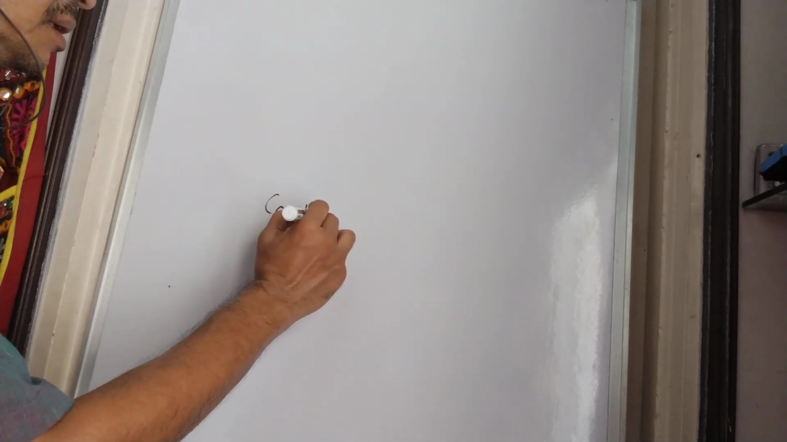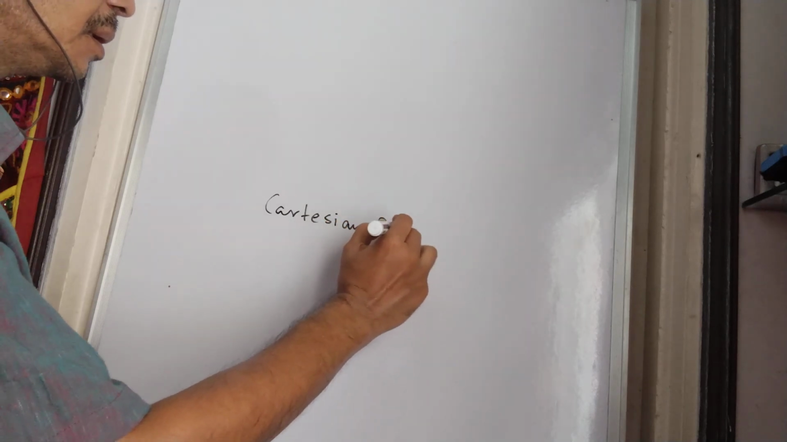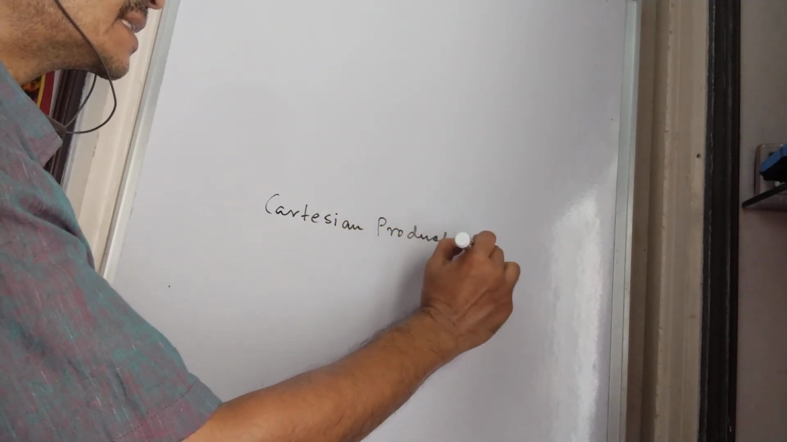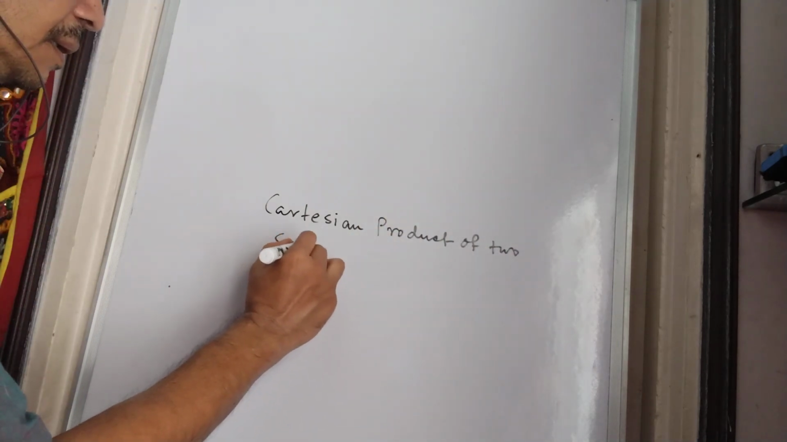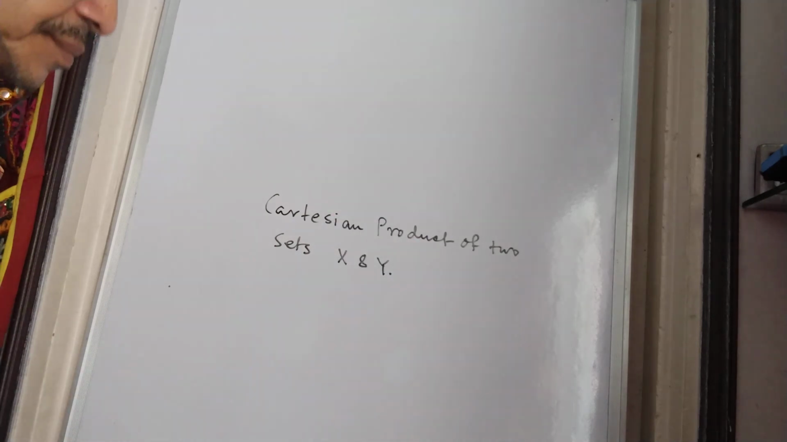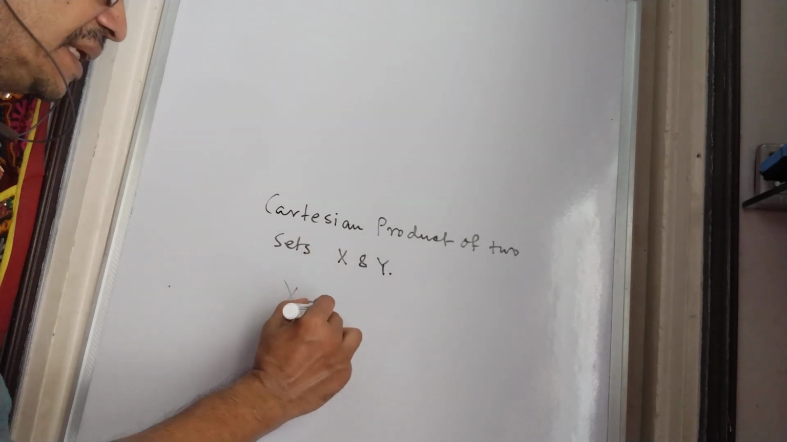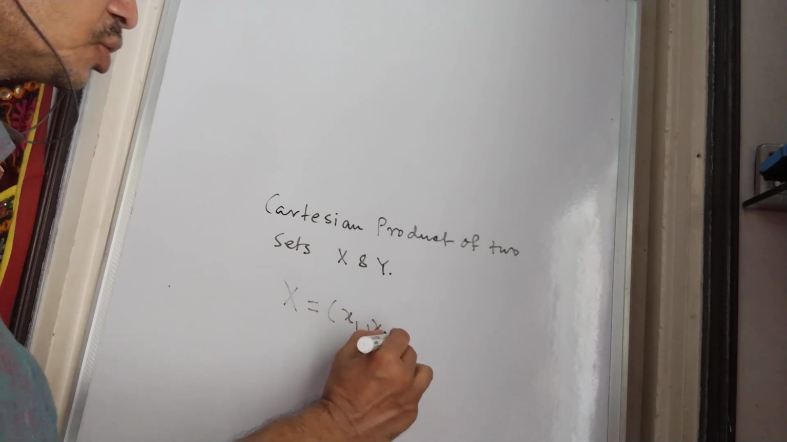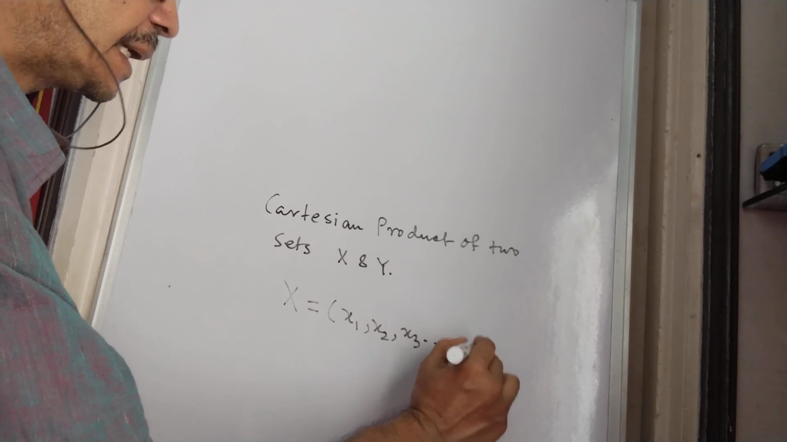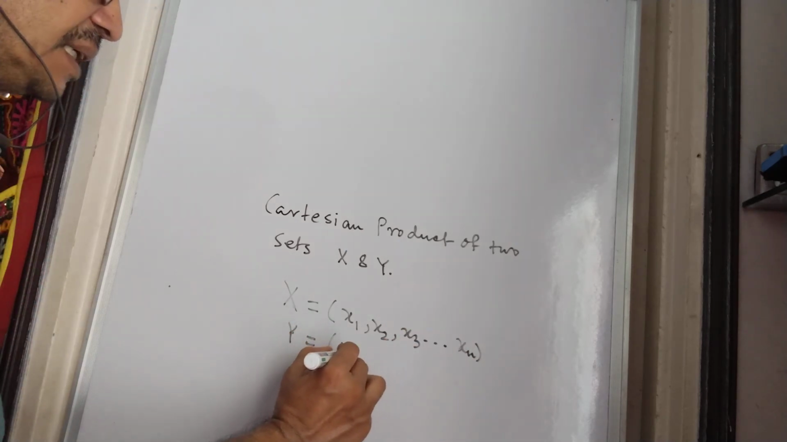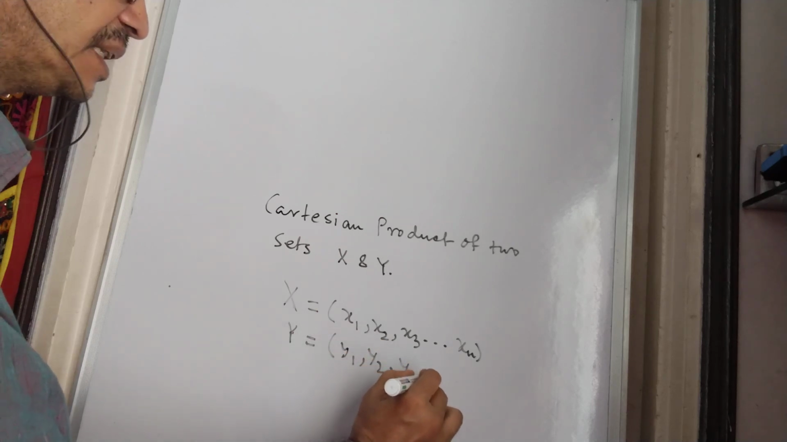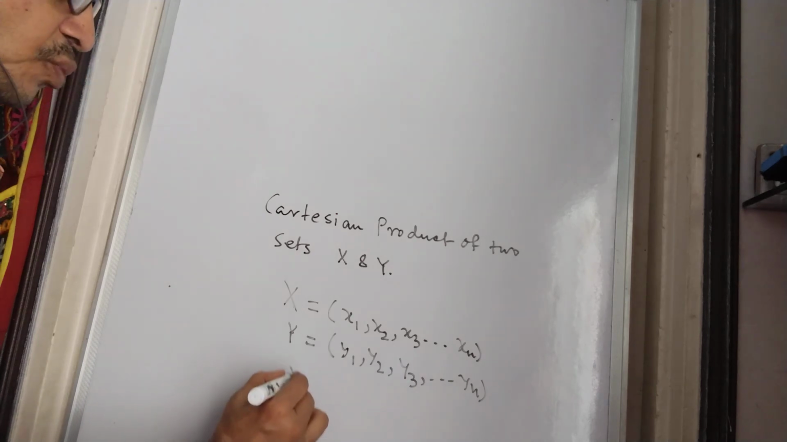Hello, in today's video we would like to say some words of introduction about the Cartesian product of two sets X and Y. Now we know that if the set X has elements, say x1, x2, x3, dot dot dot xn, while set Y has elements y1, y2, y3, dot dot dot yn, then X cross Y is the set